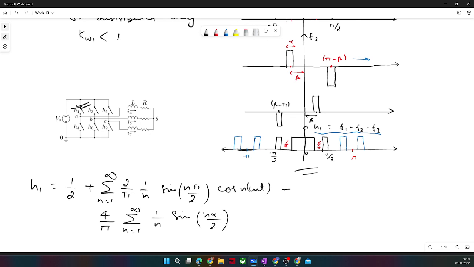In alpha by 2, sine n pi by 2, minus 1 raised to power n minus 1 by 2, cos n omega t plus beta. Okay,